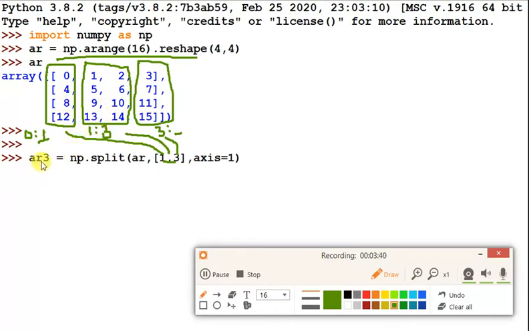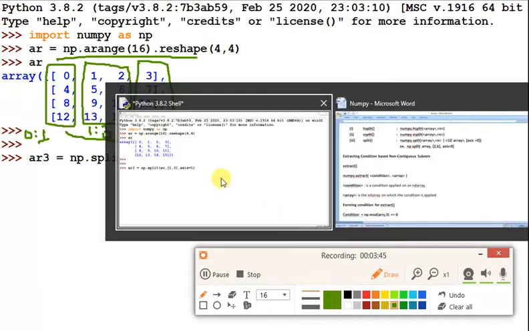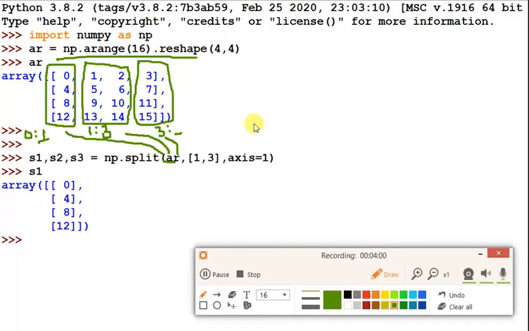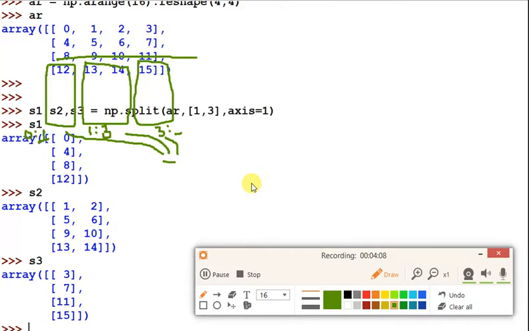I am using only a single variable here, so I have to change it to 3 variables, then we can check this. Because I am using 3 subsets, I am passing S1, S2 and S3, and then you can press enter. So look at here, S1 is the first subset, S2 the second subset, and in S3 you can check the third subset. So in this way you can divide the arrays